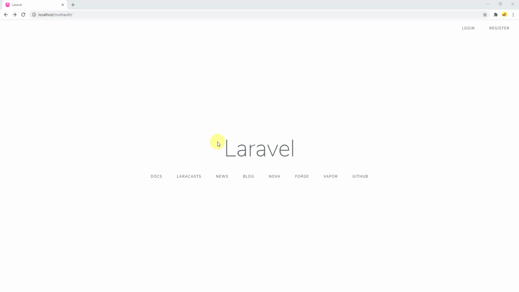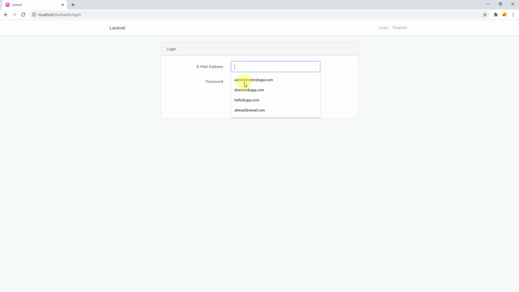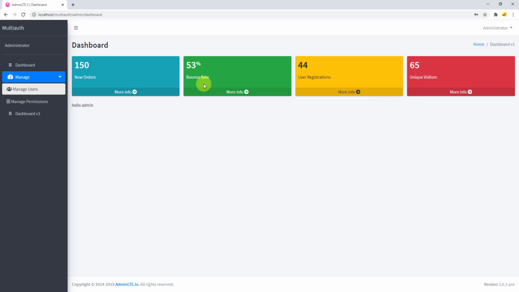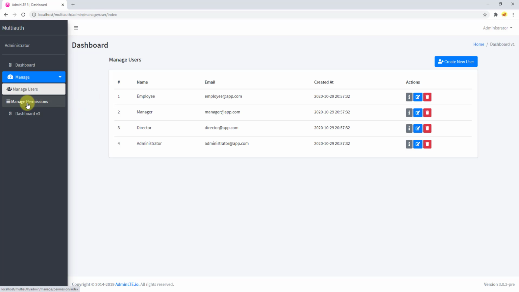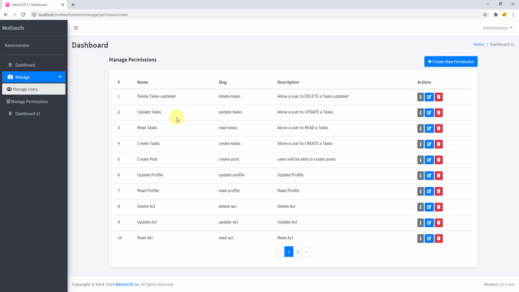So I already have opened the project in the browser, so let's log in as administrator. Click on the login link and the password is password, and as you can see we have created manage users and we also have created manage permissions. Now we want to create manage roles, so open your code in text editor,